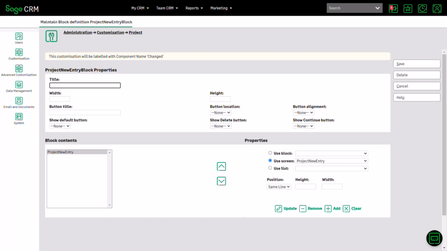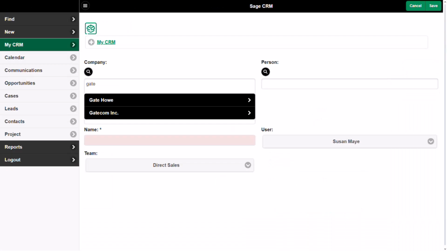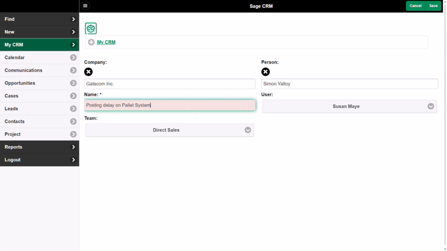And if you look around the other entities like opportunity, you'll see how the container blocks are used. But I've created a very simple container with one block that I'm going to use to allow me to edit and insert this record. Now you can see in action when it's being used that I can look up companies. I can then fill in the mandatory fields as I need. And once I click on the save button,